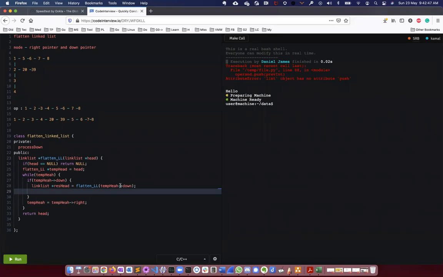Here I am flattening the down pointer first and then processing the right pointer. When I check and the down pointer is present, I flatten the down pointer first.